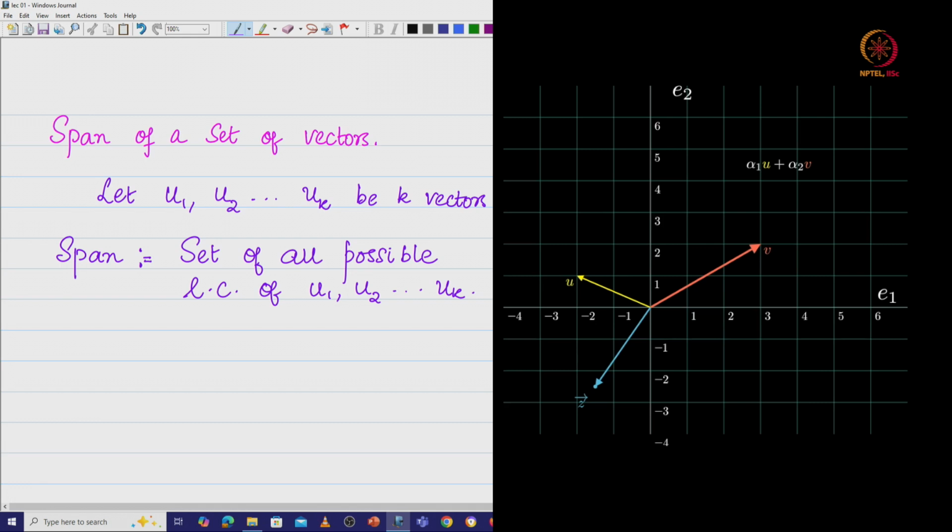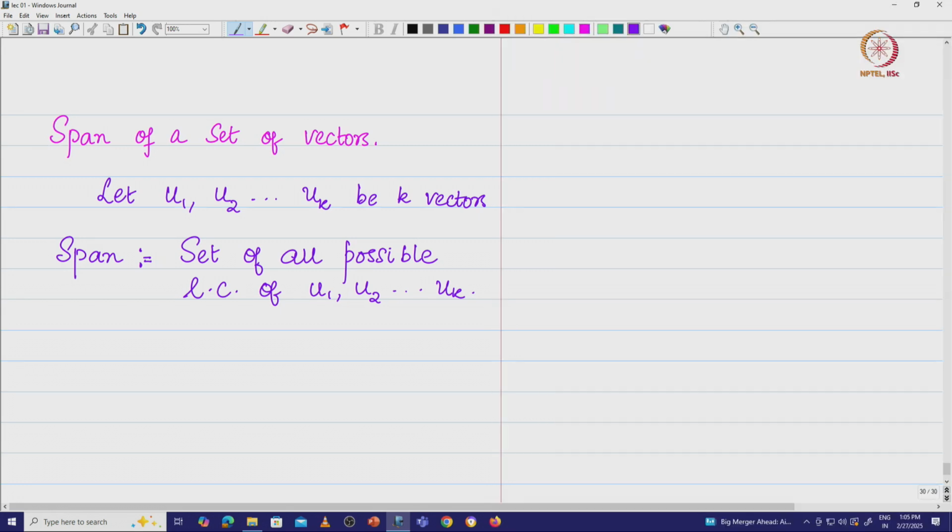That means you take these vectors and look at all possible linear combinations and put all the possible linear combinations inside a basket, and that basket is what you are going to call the span. And what is interesting is the span of a set of vectors is going to be a vector space. So, this span is a vector space.